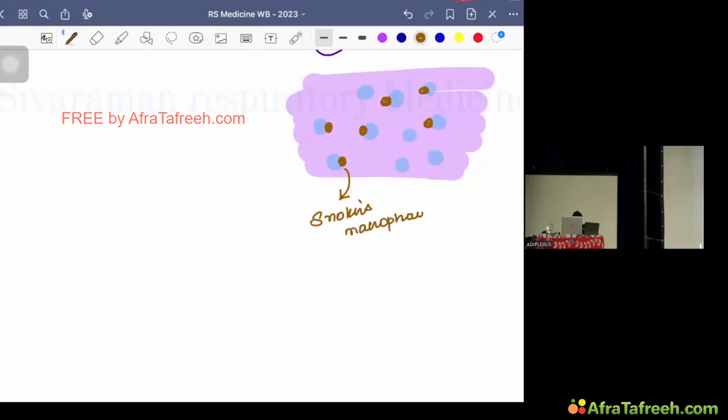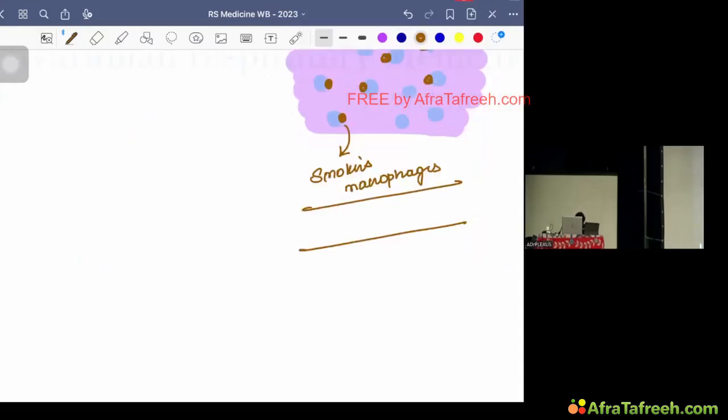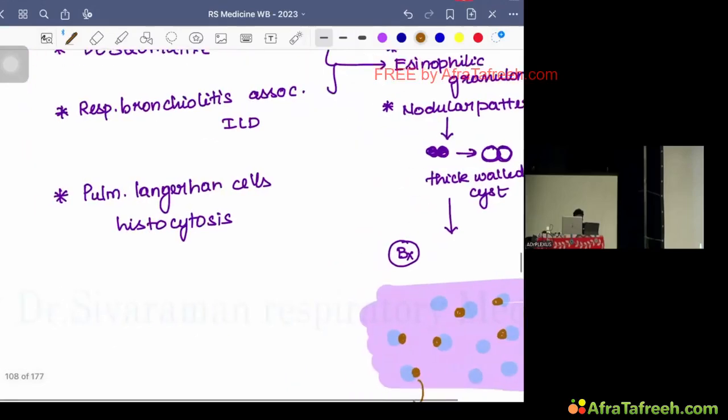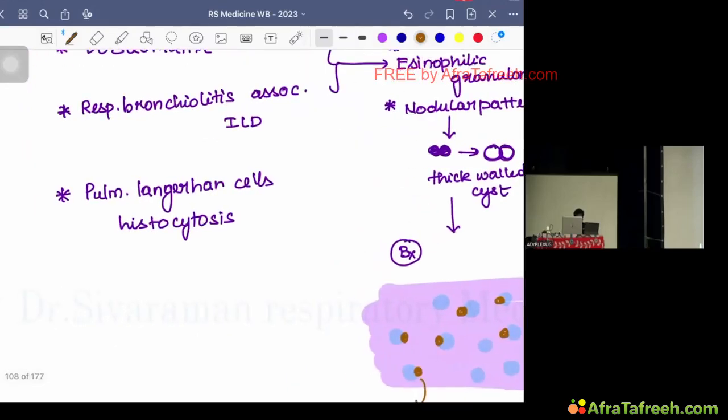These smokers macrophages give an appearance like copper coins, so it is also called the copper penny appearance. This is seen mostly with RBALD and desquamative ILD. Whereas if you take pulmonary Langerhans histiocytosis,